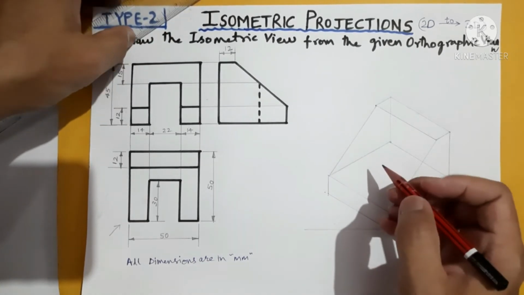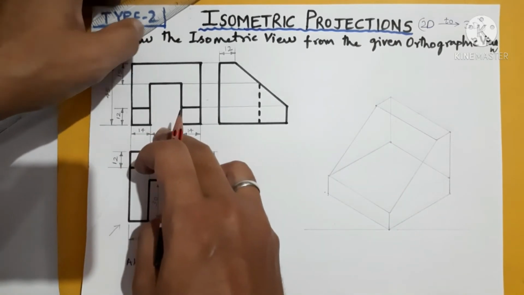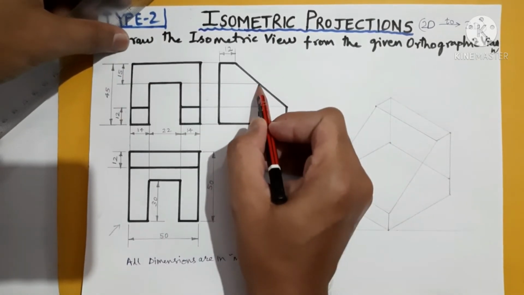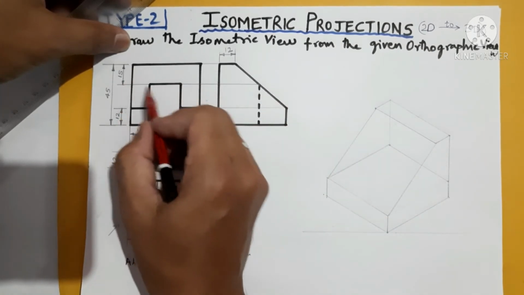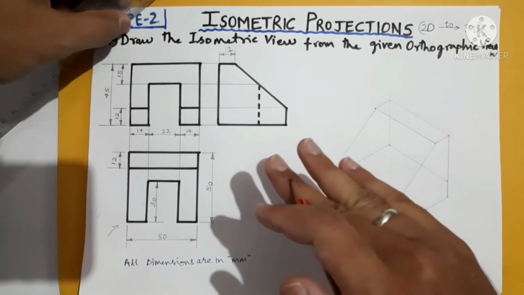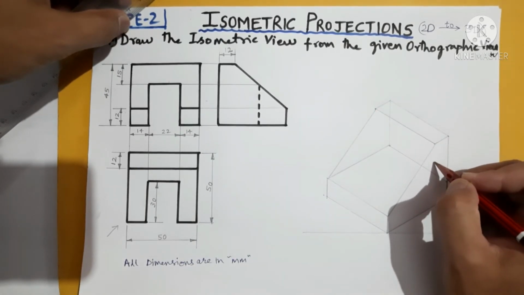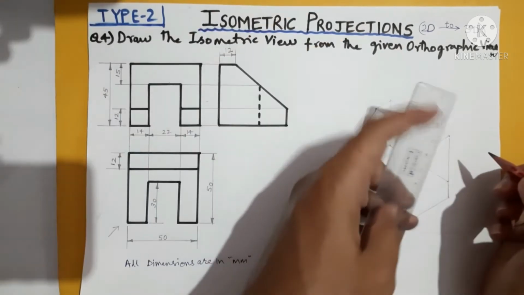Then we will start about this slot, where no material is available. As I have said, this is 15 mm down, starting from the top end. So 15 mm down, it is starting from the top surface. So this and this are at the same height, it is flat at the top. So we cannot take 15 like this in the downward direction, and we cannot take it here on the slope. Let us take here 15 mm down.